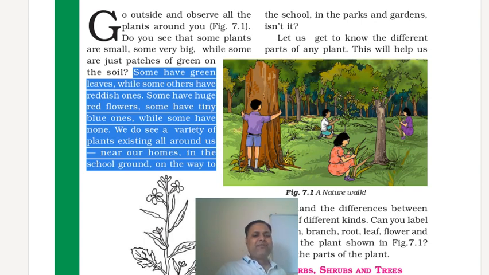Thus, comma, we see a variety of plants all around us, dash, near our homes, comma, in the school grounds,